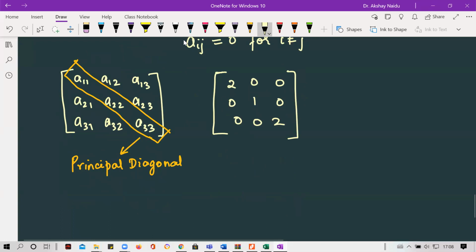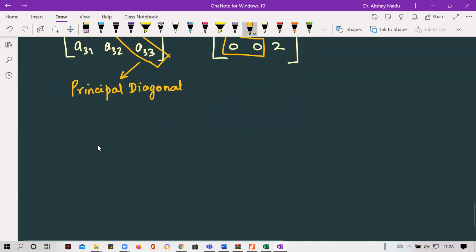So these entries will be 0: the lower triangular elements and the upper triangular elements here will be 0. That's a diagonal matrix. Then the scalar matrix, which is a diagonal matrix with